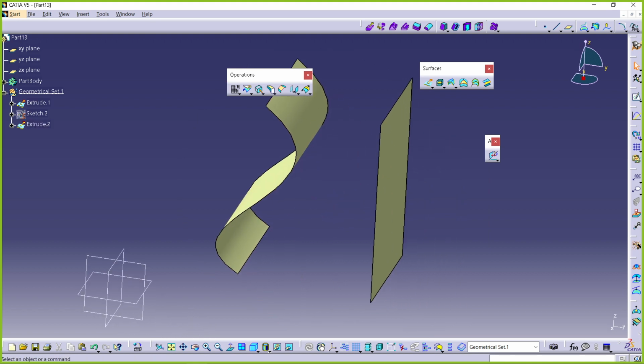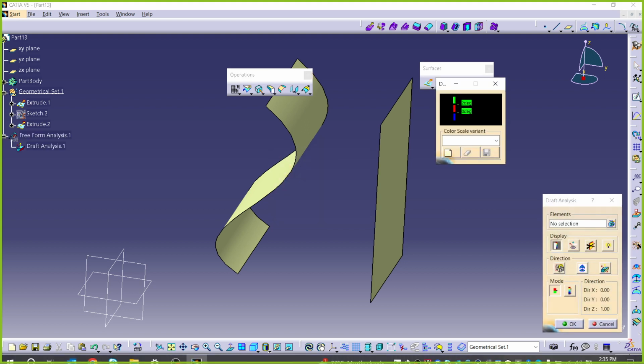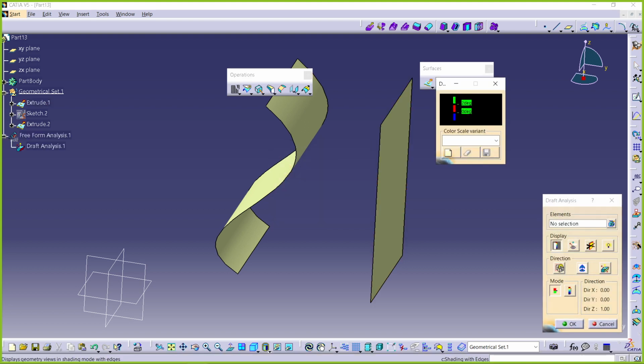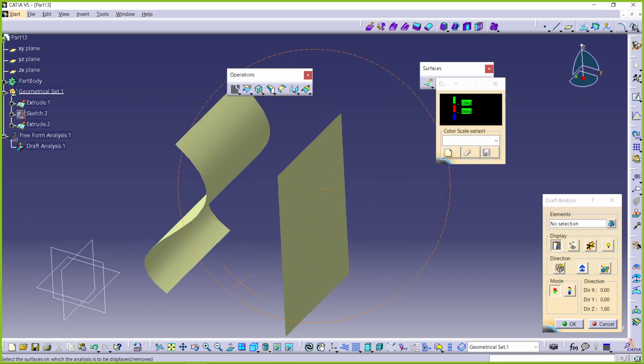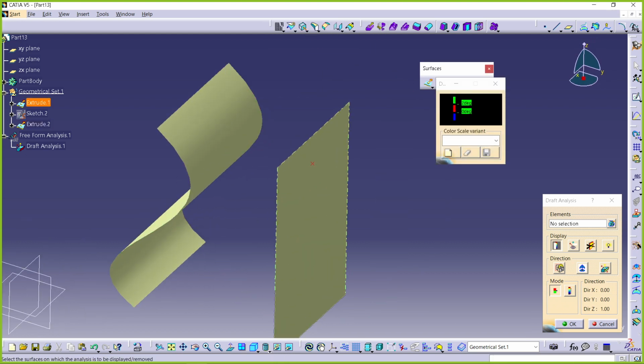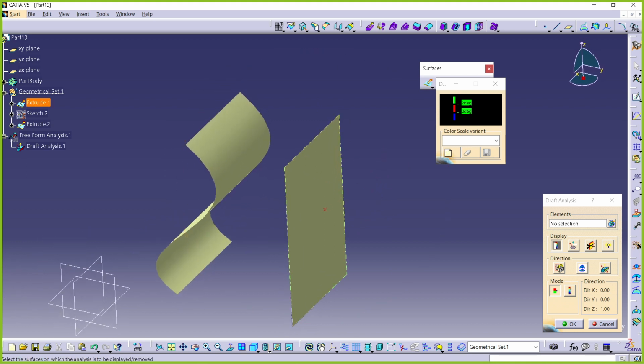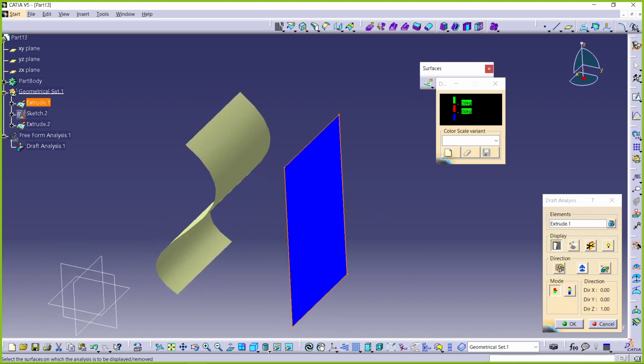Okay, now I want to see the draft. Just click on this. It is asking to switch to material mode. In material mode only draft angle is possible. So I'm just selecting this one. Here you can see